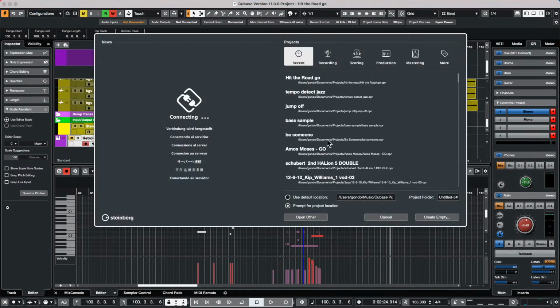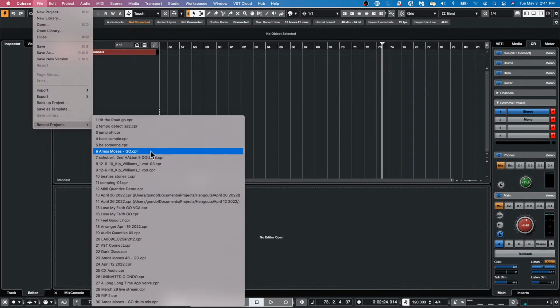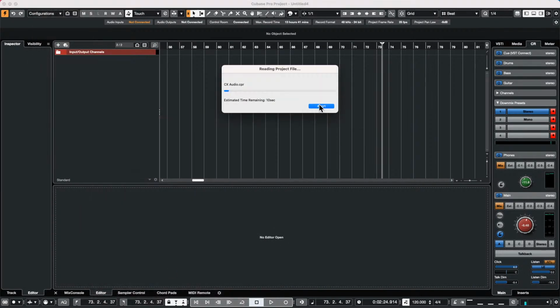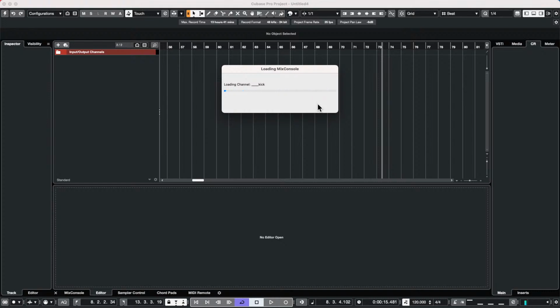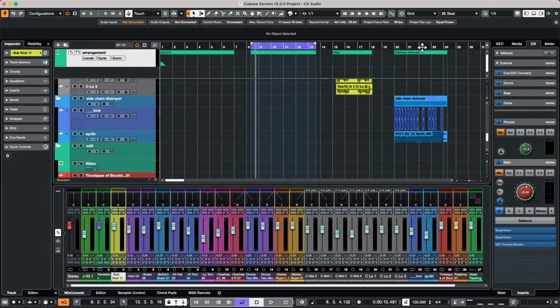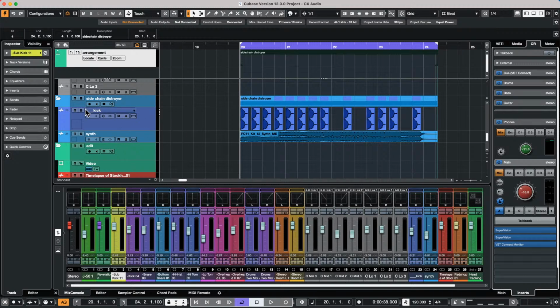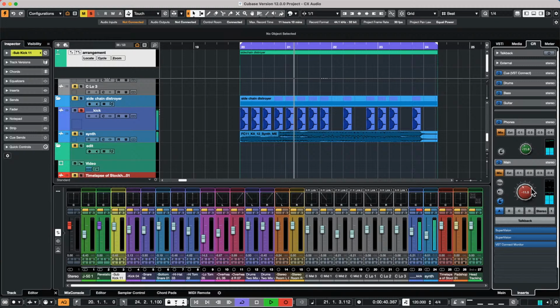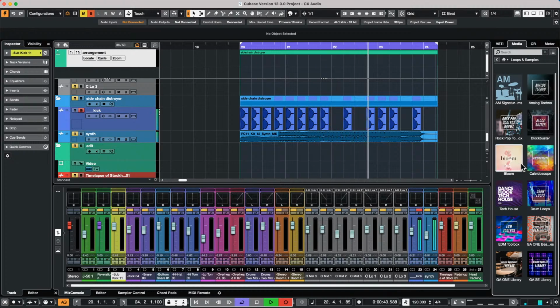If it's going to be a sample that was copied a number of times, I'll show you in this project here. Okay, so let's say I have a kick that I wanted to replace, and it's one sample that's just copied repeatedly. One of the things that you could do if you wanted to just replace that particular sample that's being utilized is to,